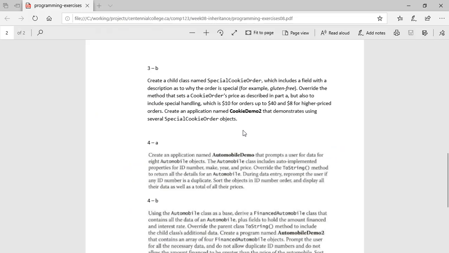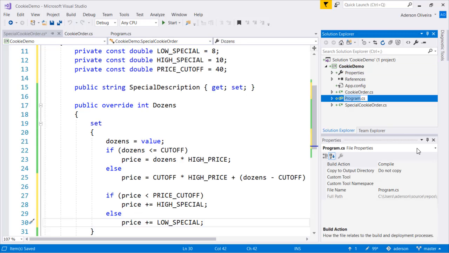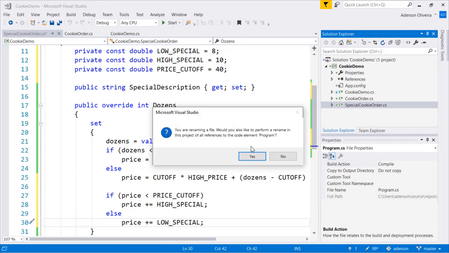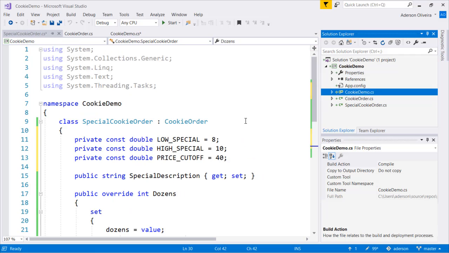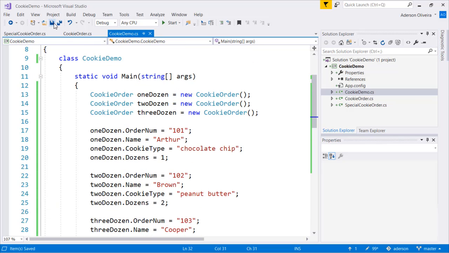Now, for us to see this in action, let's rename our cookie demo to cookie demo 2. But actually, I didn't even rename it cookie demo. This is the first one, which I should have done this earlier, but that's fine. So we have cookie demo here, and then this is the original one, 3A, and I'm going to rename this to cookie demo 2 to show an example of the use of special cookie order class. So I'm going to save this as cookie demo 2,